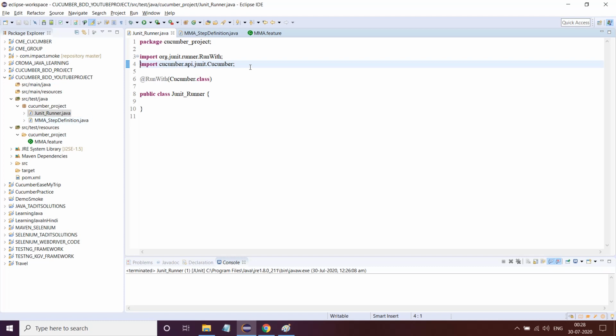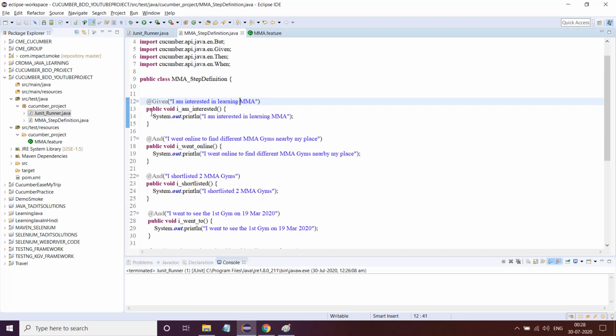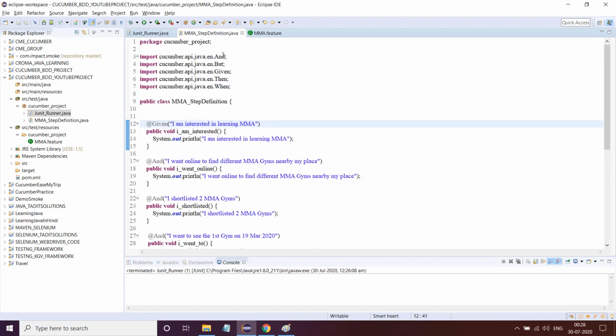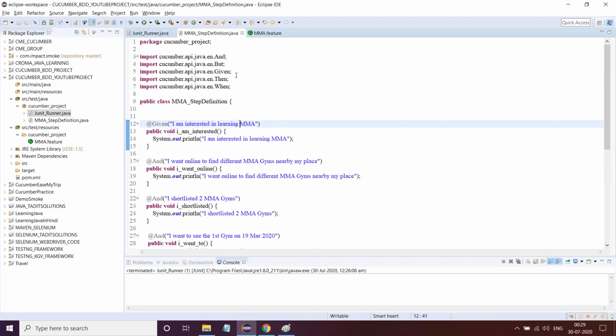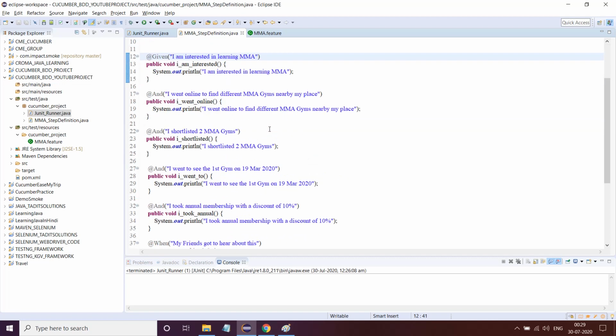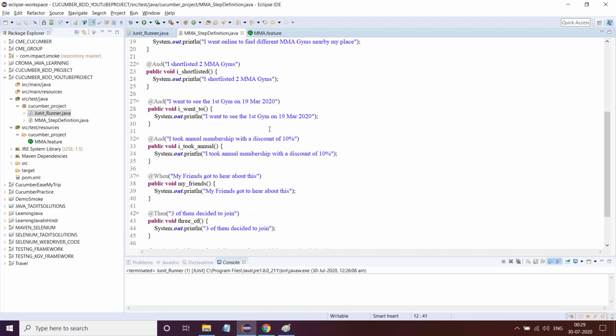Once the step definition file is done, you know what to do here. At the rate given, you have to make this annotation, keep this thing in strings in the parameter form, make a method, and do all these things, then import all these packages, and don't try to act too smart sometimes. cucumber.api.java.en.star, and this thing might work, might not work. So just keep everything in a little old fashioned way. It is rather very helpful in this way. And then everything is done, save it.